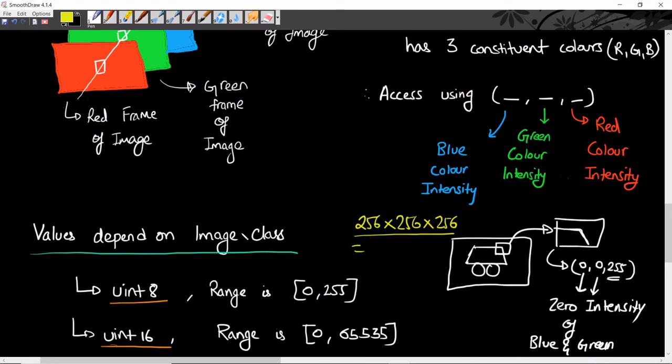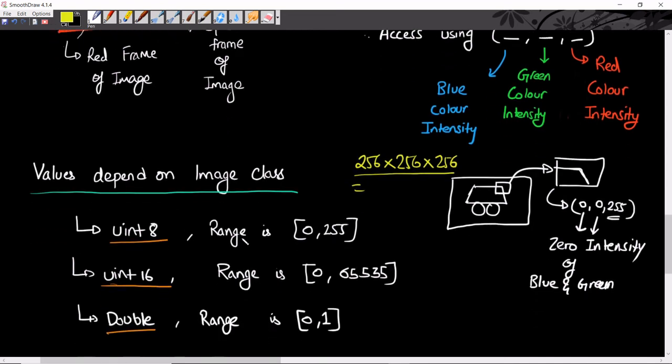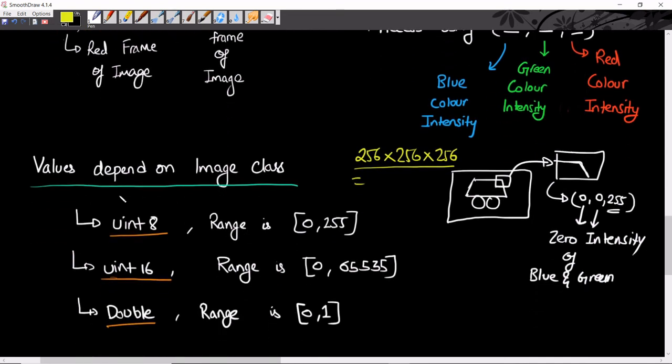Alright, so concluding this video, I'll go over this part as a conclusion. The values that we just saw written in parentheses depend on the image class, so your range of values. Here we saw that it went up to 255 because I had my image as a uint8 image, so its range is 0 to 255.